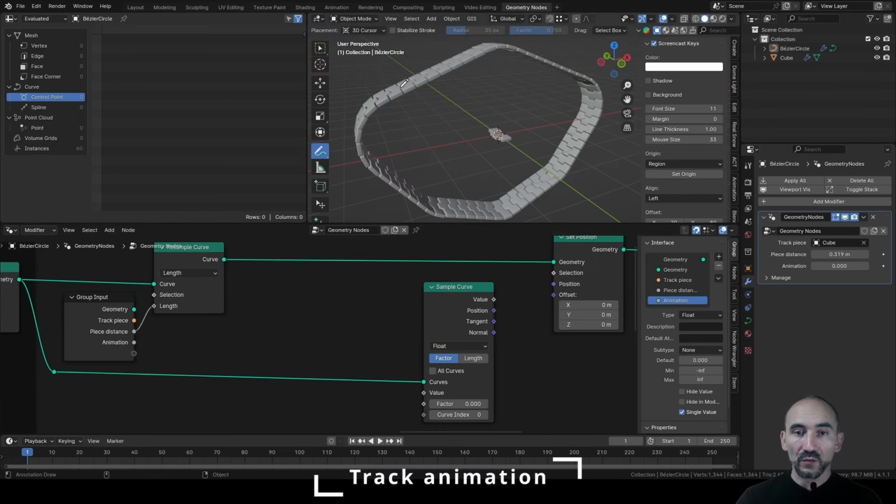So imagine we have here the 0 index, here 1 index, here 2 index, etc. And between these two pieces we have the distance we set here in the piece distance. So this means that I need to proportionally calculate the percentage of the factor of each of these distances along the entire length. So if the length of the curve is 10 meters and my distance is 0.1, I need